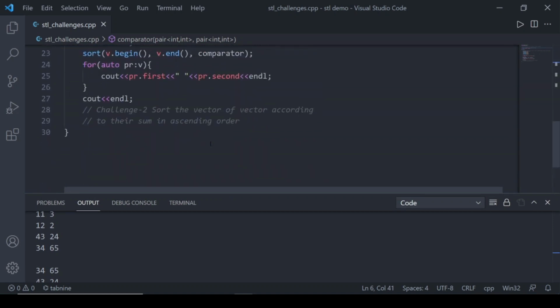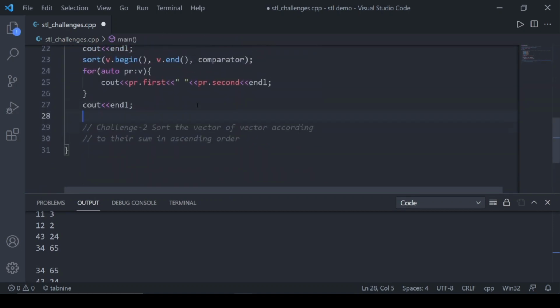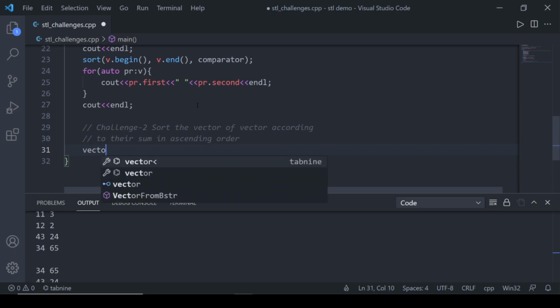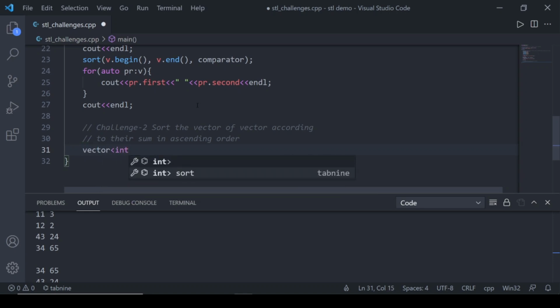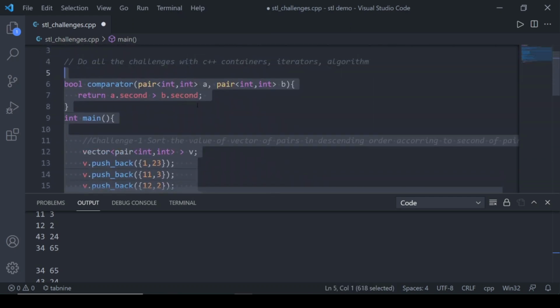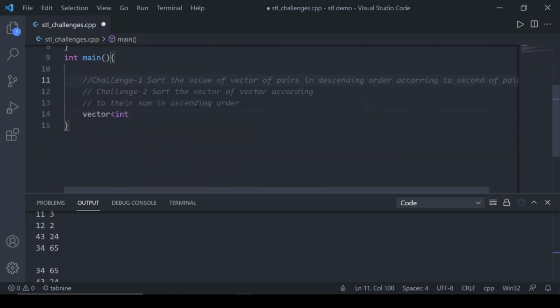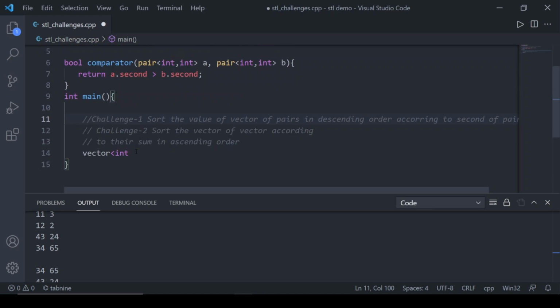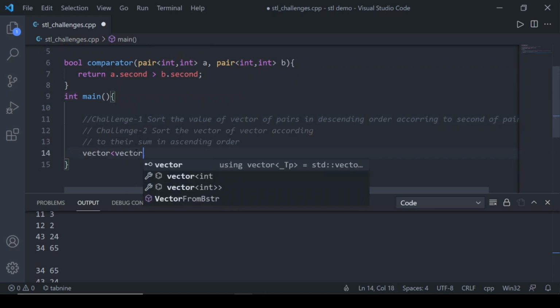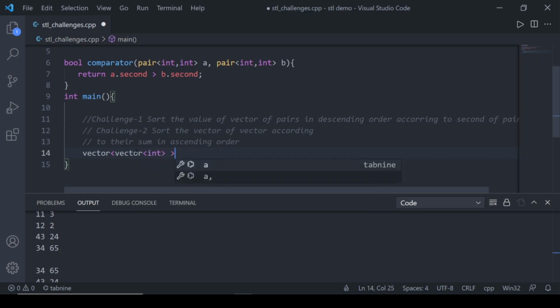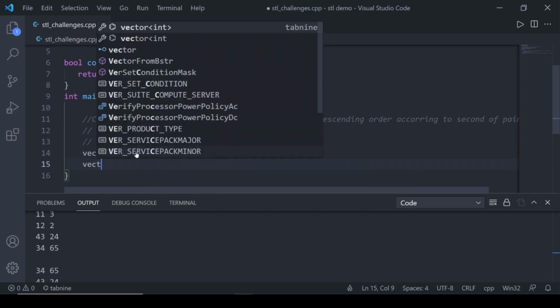So challenge 2. I think after doing challenge 1 it would be easy for you to do challenge 2. So let's first delete the first one. We will be modifying the comparator function. Okay, so let's create a vector of vectors. Let's call it v, and I want to insert some vectors.